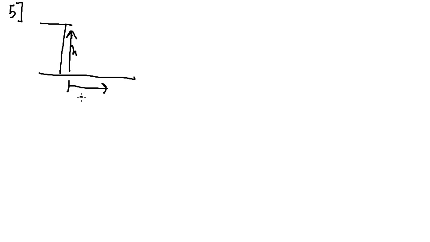Okay, problem 5. Hopefully this won't take nearly as long as the previous two. We have a ball rolling horizontally off a tabletop that is a certain height. So let's draw a little table there. And we're going to say the tabletop height is h, and the ball lands at distance d from